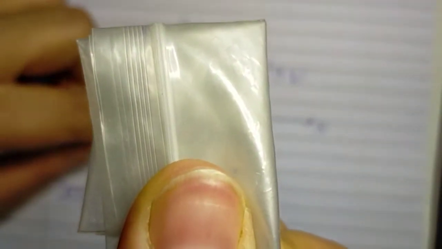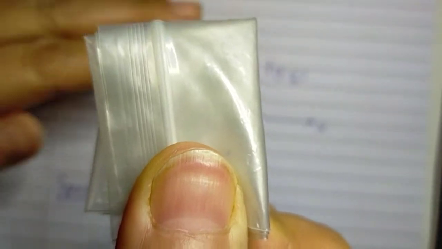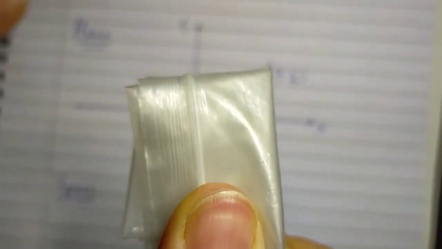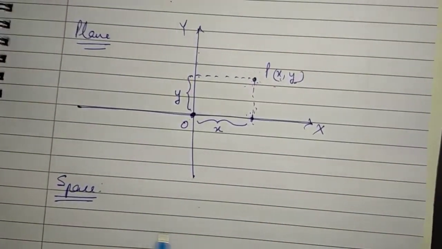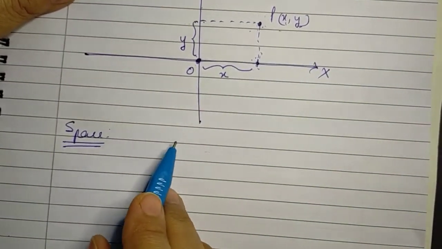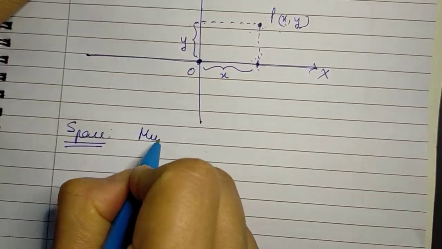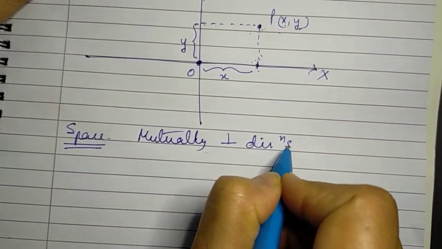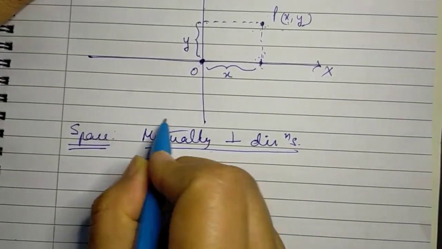how high it is from the floor, how much it is in front of the wall which is facing me, and how much it is on the right of the wall which is on the left of me. So we need its position with respect to three directions to be able to uniquely identify it. And these three are mutually perpendicular directions. Okay, and what do we mean by mutually perpendicular?